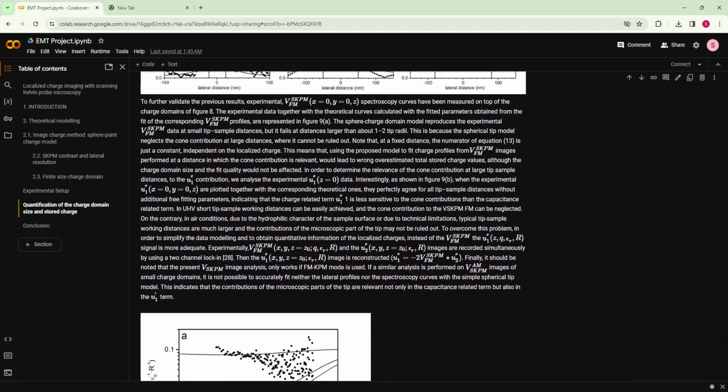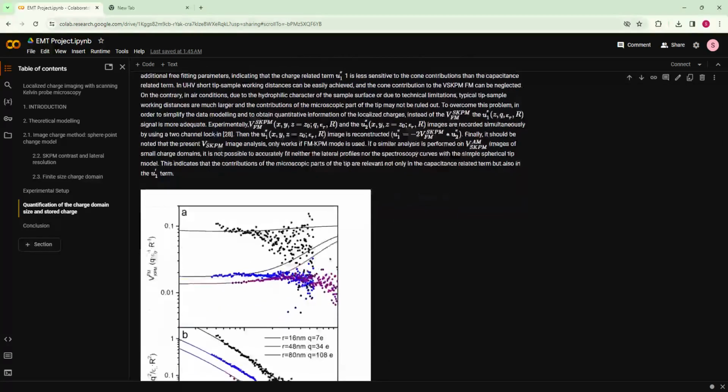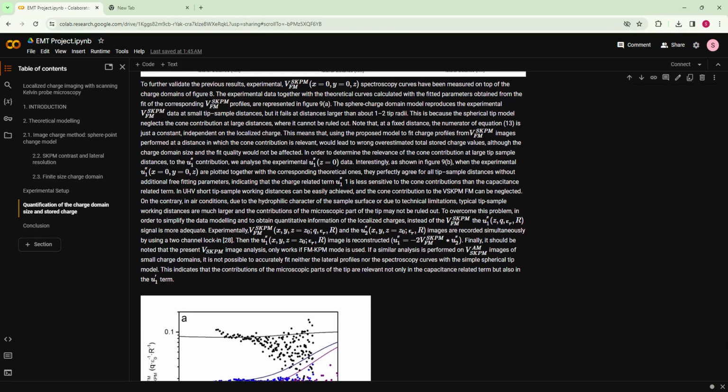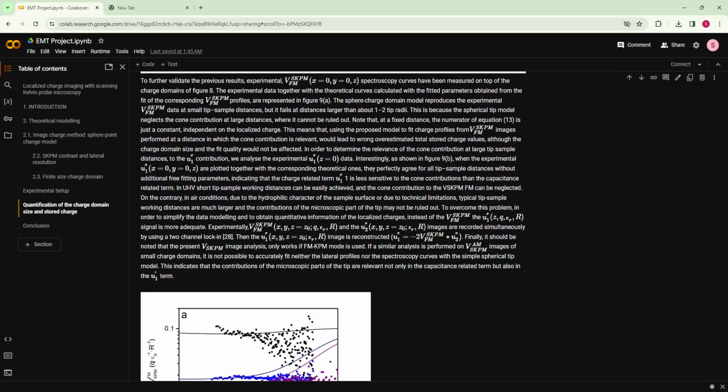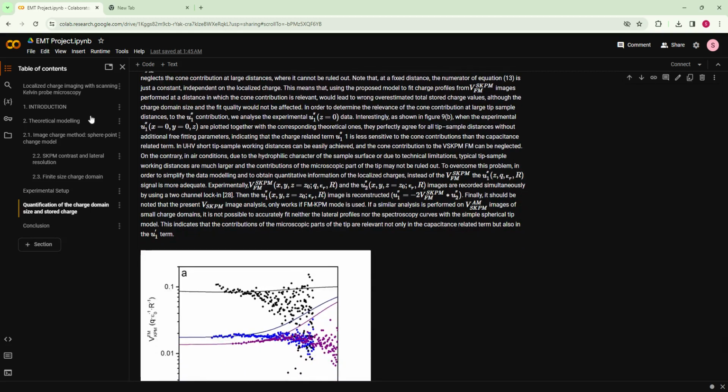So, interestingly, as shown in the figure 9b, the figures are 9a, b here. When the experimental U1 double dash are plotted together with the corresponding theoretical ones, they perfectly agree for the tip sample distances without the additional free fitting parameters. So, indicating the charge related term U1 double dash is less sensitive to the cone contribution than the capacitance related term. So, in UHV, short tip sample working distances can be easily achieved, and the cone contribution to the VSKPM FM